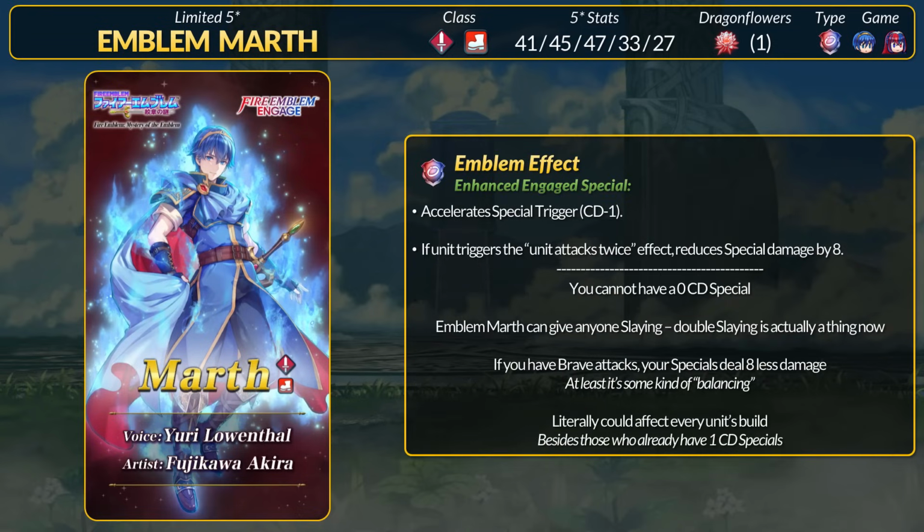Now, the new engage mechanic is relatively simple but powerful. Let's talk about what engaging with Emblem Marth can do for a unit. Added to the unit special, they get Accelerated Special Trigger. If unit has brave attacks, reduce special damage by 8. That's not too complicated, but at the same time, this is literally an addition that can affect every single unit's